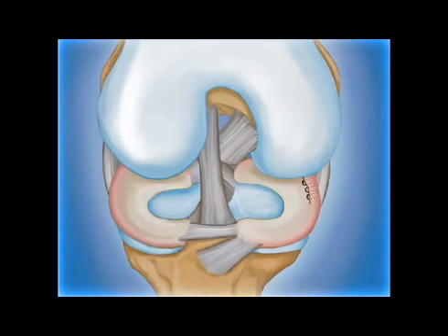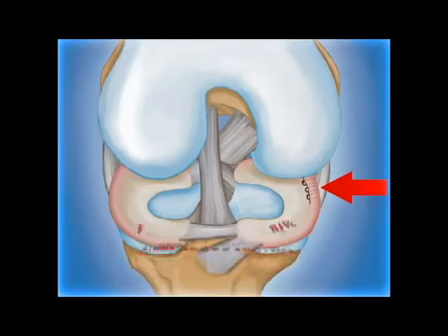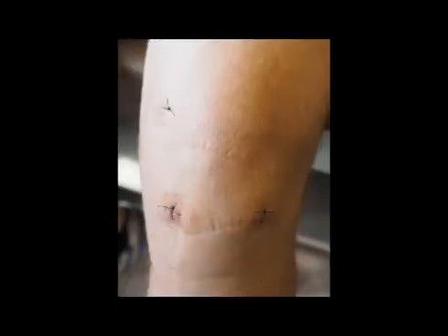In some cases where the tear is near the joint capsule, the meniscus may be surgically repaired. This is done with sutures, as shown here, implants, or a combination of both. Meniscal repair may require a small open incision on the side of the joint. When surgery is complete, the portals